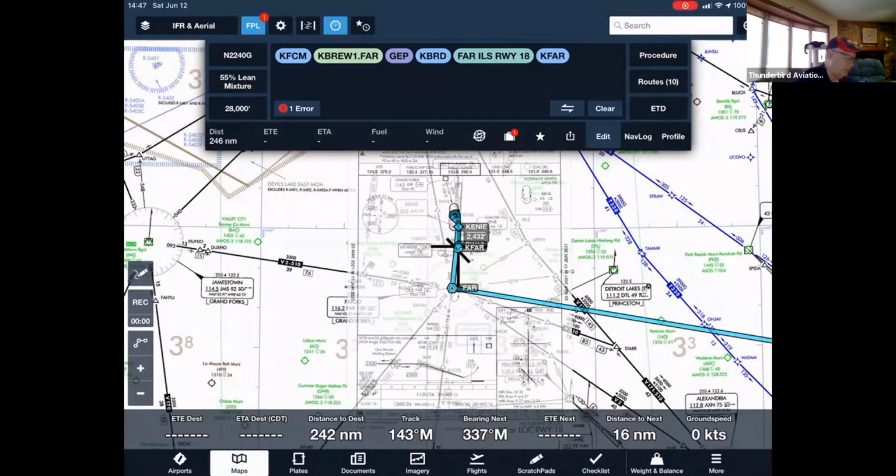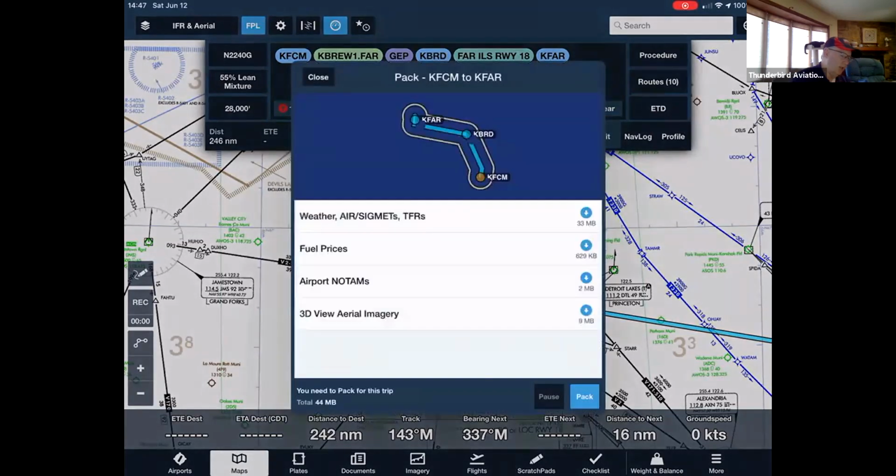So once you have all this information in there, and this is exactly what you want to do as far as filing this information, then you can go down to the bottom. Let me stop for a second. So now you see this little suitcase down here with a number 1 next to it. While you're sitting on the ground, hooked up to Wi-Fi, if you don't have anything in your airplane, like ADS-B in, that's going to be able to give you weather information while you're flying, you tap the little suitcase, and